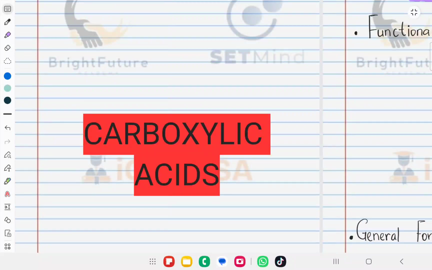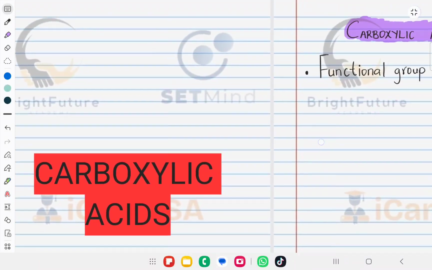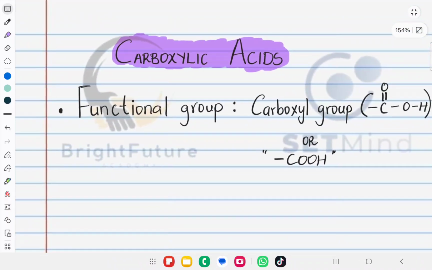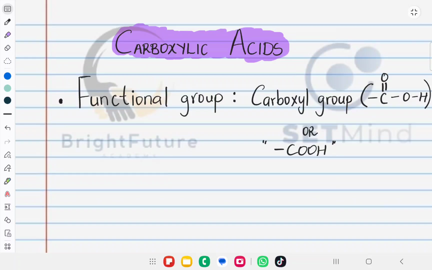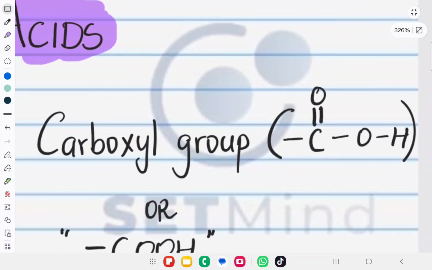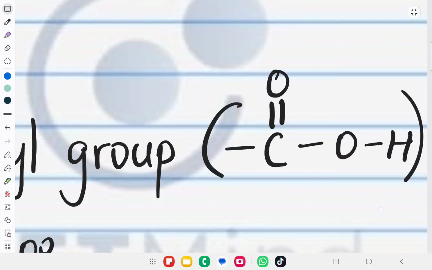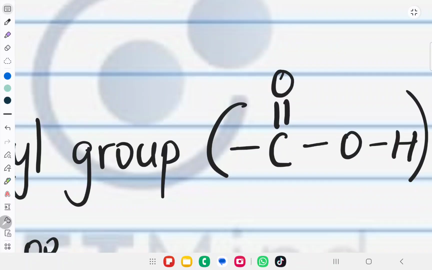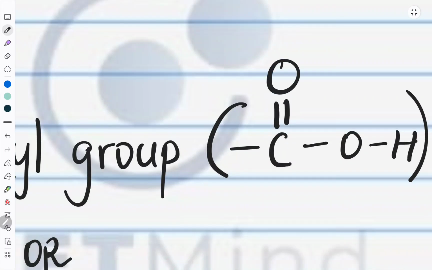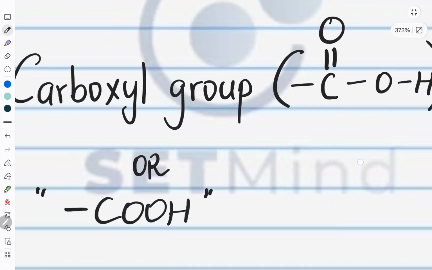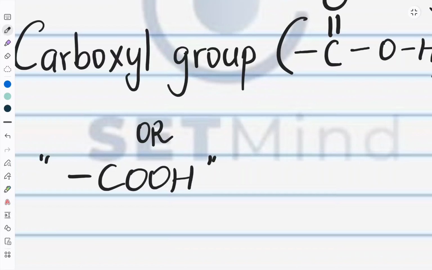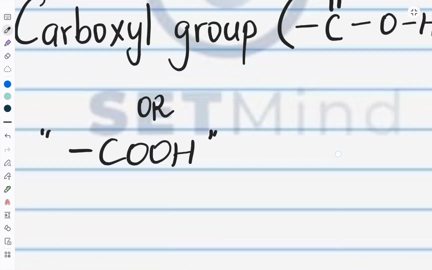Now let us do carboxylic acids. Okay, so with carboxylic acids, they have a functional group COOH, right? So this is called a carboxyl group. Its structural formula looks like this: C, and then you have that O there, and then OH, right? So a carboxyl group is essentially a combination of a hydroxyl group and a carbonyl group,